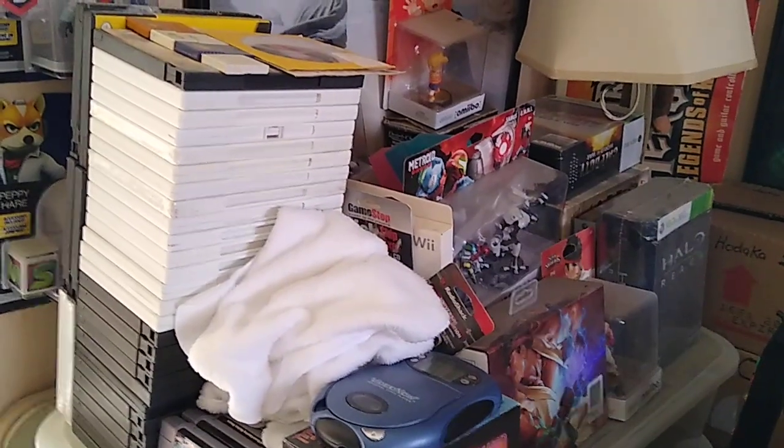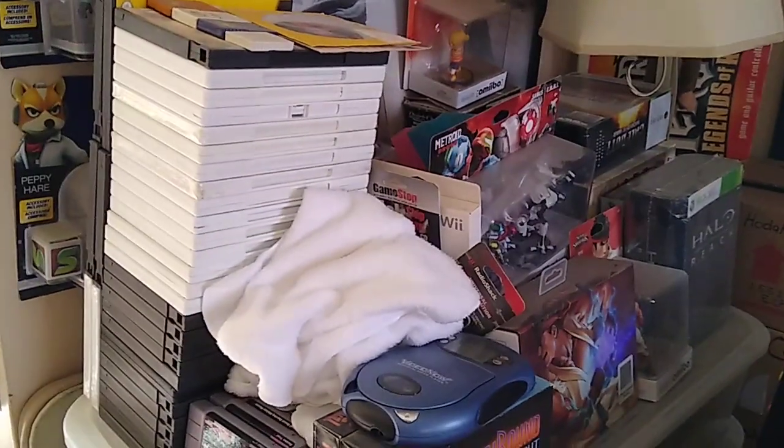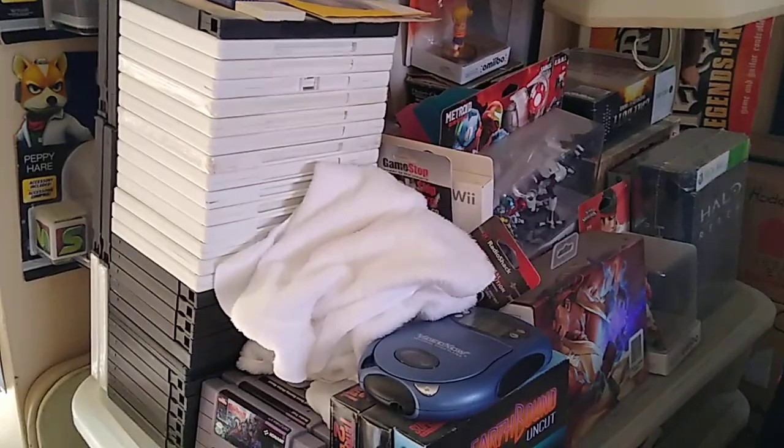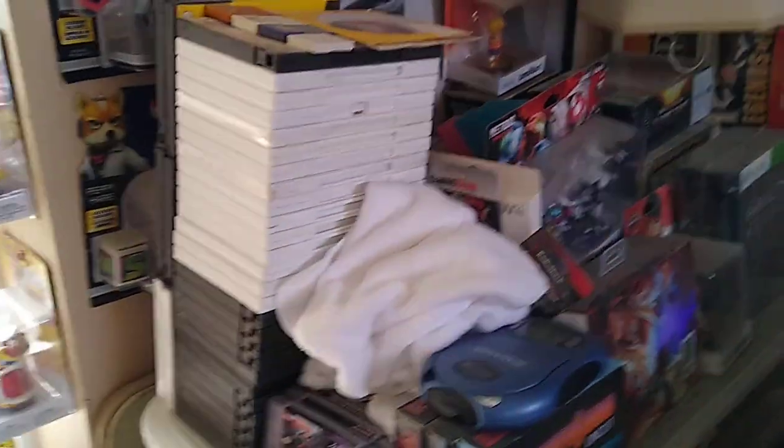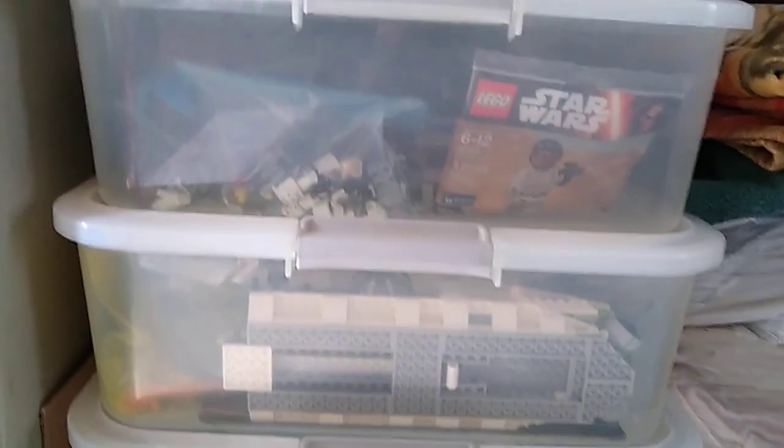It's kind of a jumbled mess right there. But believe me when I tell you, I know what I have here. Just take my word for that. Now, I'm sure you see these storage containers here. Well, you see,